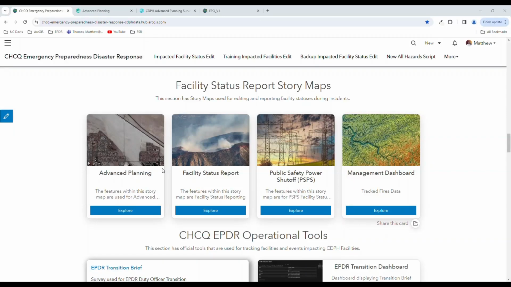All right, so this training is going to focus around using the advanced planning story journal to start an advanced planning incident. So we'll be walking through how to access the story journal and several other things throughout the training video. So there'll be timestamps in the captions or in the details below the video so that you can get